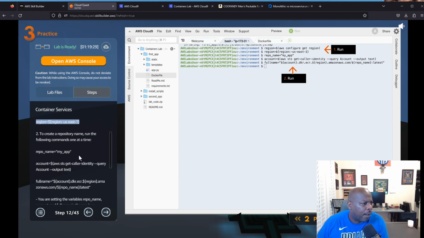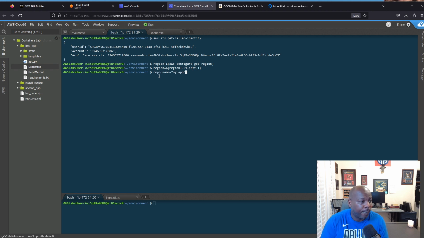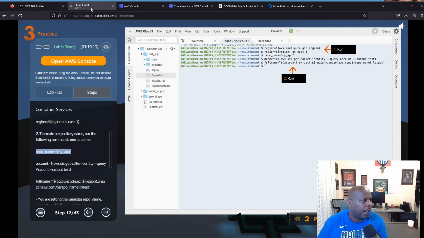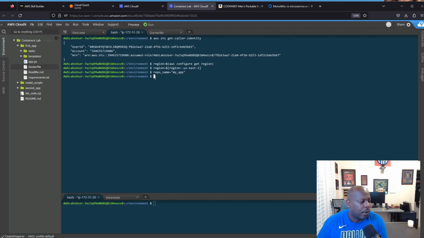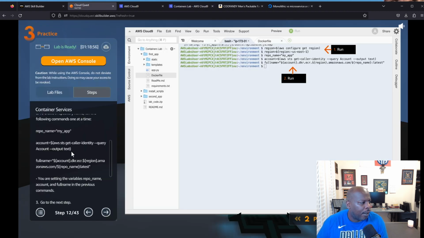So now, what was the last command? To create a repository name, run the following command one at a time. So we're going to create the variable my app, that's going to be our repo name. So now let me come back over and do that. Okay, good to go. Now we're going to set the environment variable for our account. So we're going to put that there. All right, cool. Now we're going to set the environment variable for our ECR,